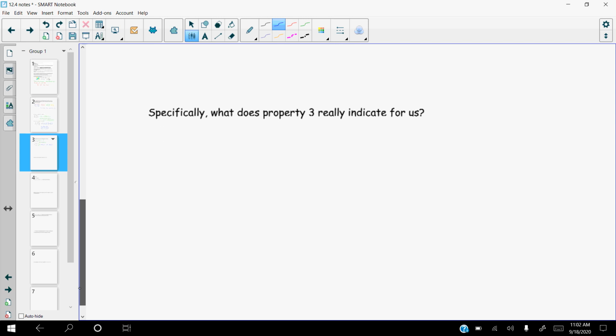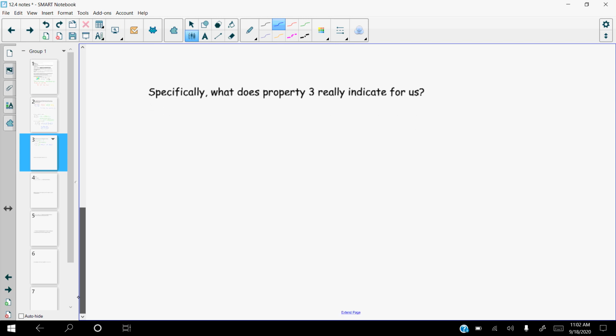So the cross product of two vectors is perpendicular to both vectors. So how can that be? How can a vector be perpendicular to both of the vectors that I crossed? Well, again, you have to think three-dimensionally. So in 3D,